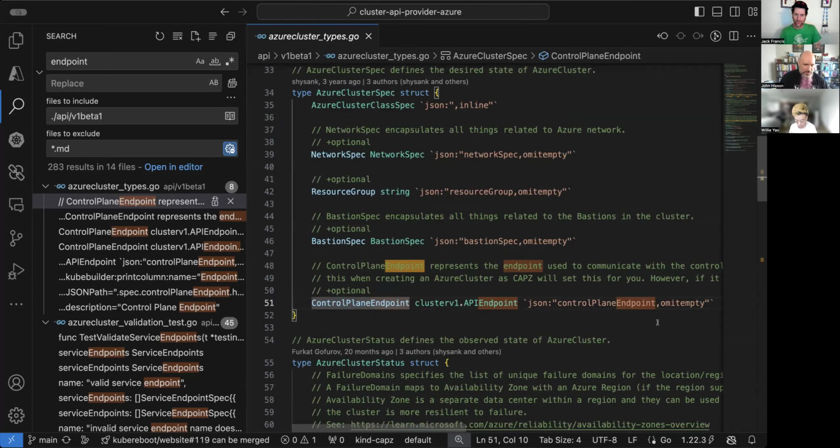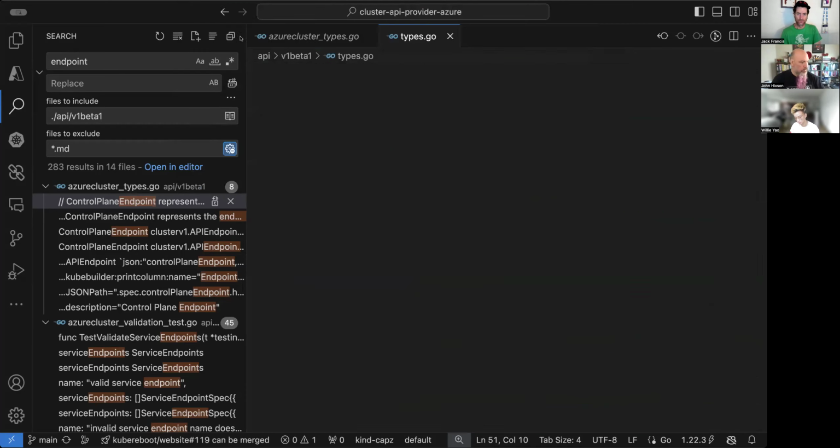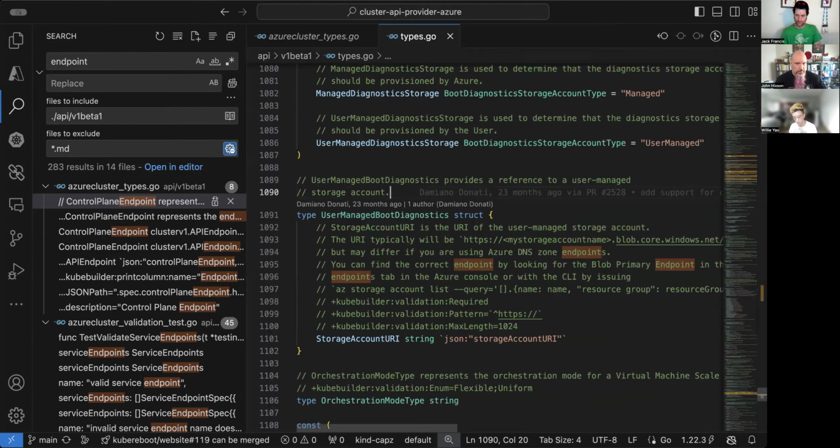Okay, the path is API v1beta1 types.go. Cool. All right, here we are.